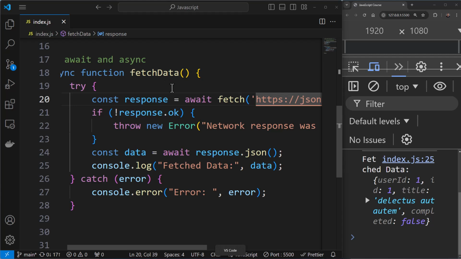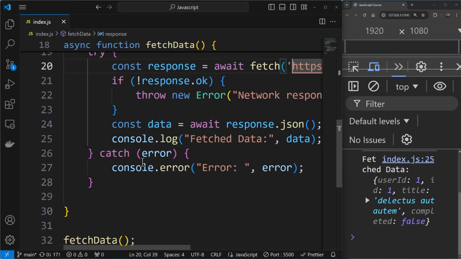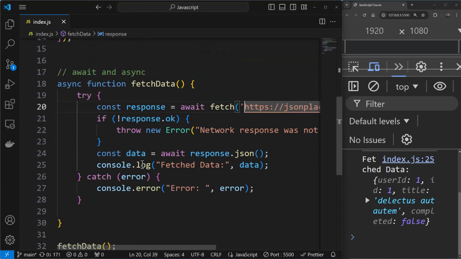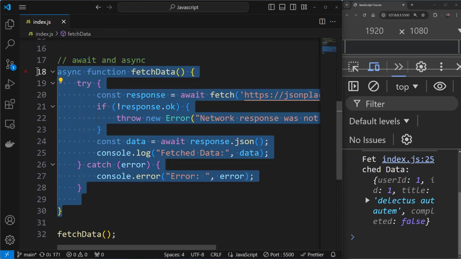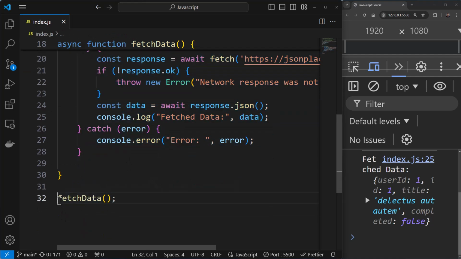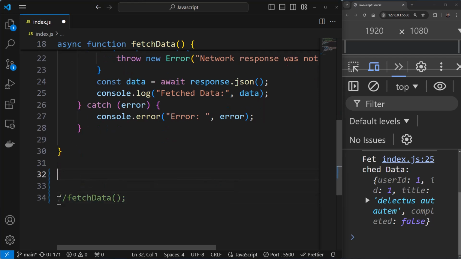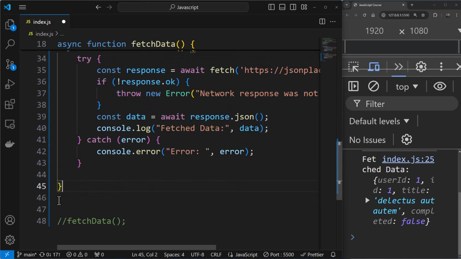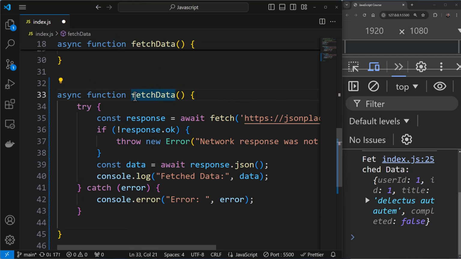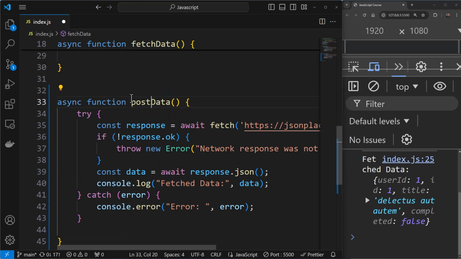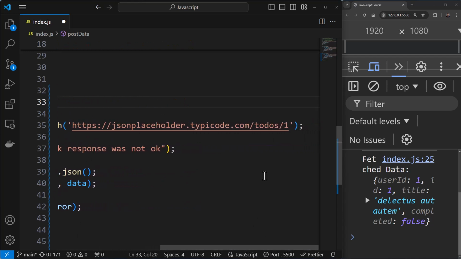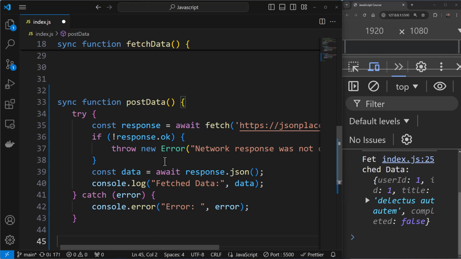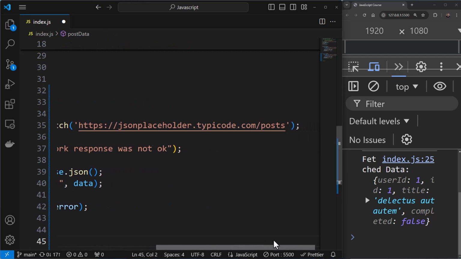Now let us come over here and let us simulate this. Right now what we are doing is we are actually having fetch data. What I'll do is I'll duplicate this over here. I'll just comment this fetch data, and I'll have a new function created. I'll call this post data, something like this. And I'm sending the request not to todos, I'll send a request to post. Okay, over here. It's the same API call, but over here